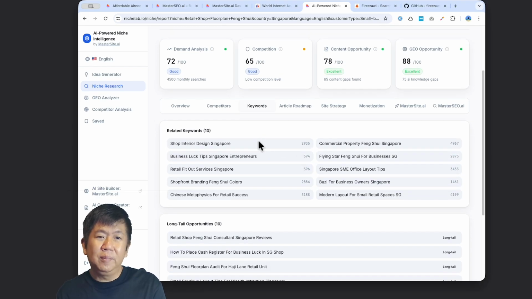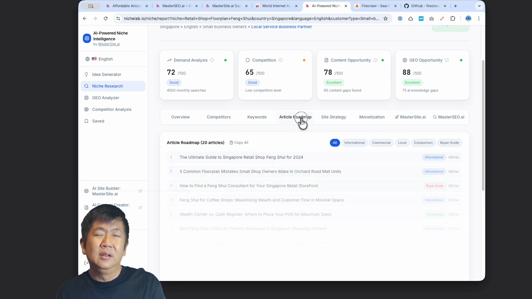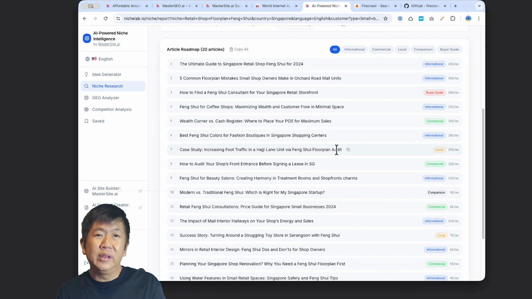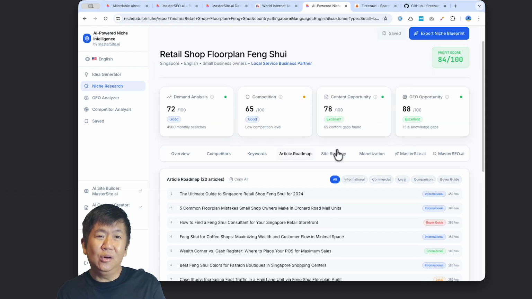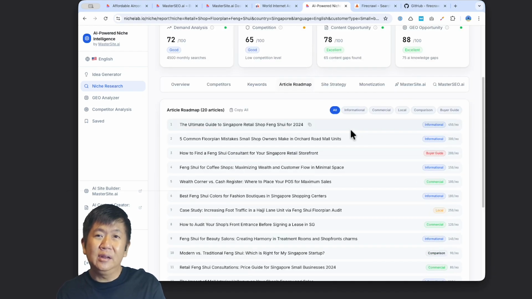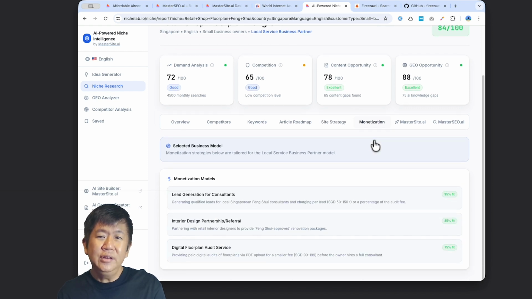So you have what I call a website and content plan, an article roadmap over here. And this is awesome because you can literally take all these article titles and go out there and generate exact articles. There's a site strategy, monetization,